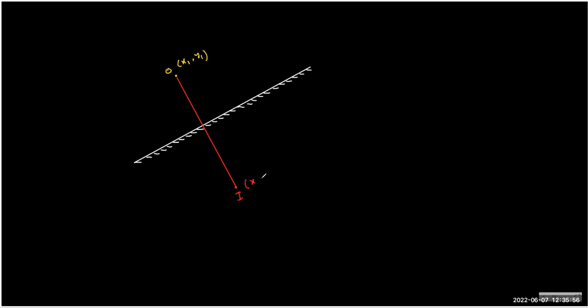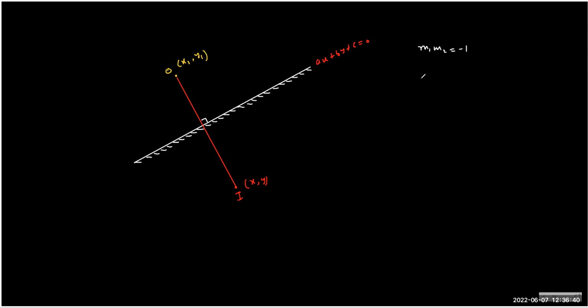We have to find the mirror image coordinates. Let's say the equation of the mirror is given as ax plus by plus c equals 0, or you can say y equals mx plus c, whatever. So if x1, y1 is given, then what is x, y? What is the relation between x, y, x1, y1? First of all, the basic fact is that the slopes are mutually perpendicular, so the product of the slopes will be -1. Of course, in physics we don't need all this; we can solve it by common sense.